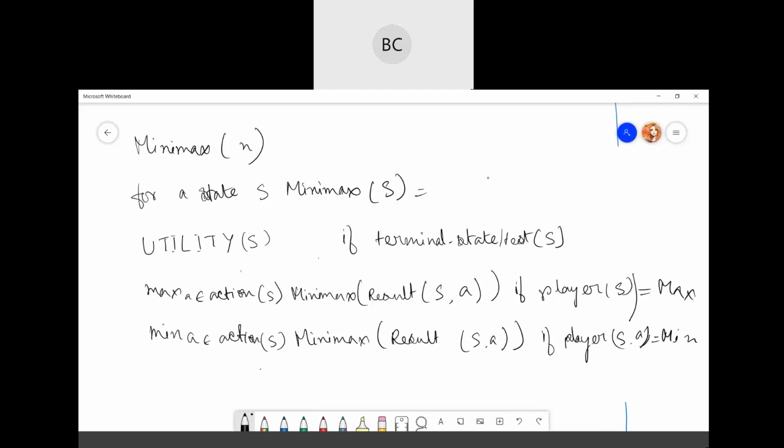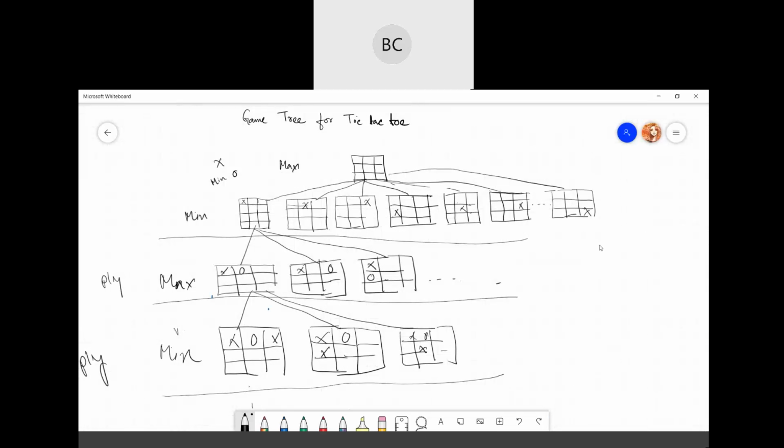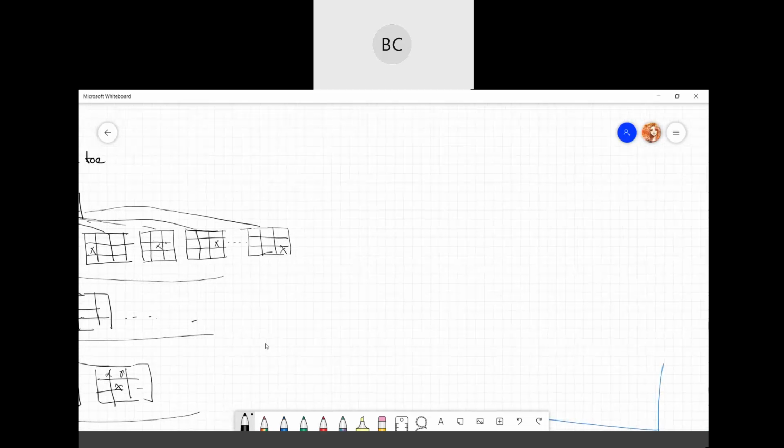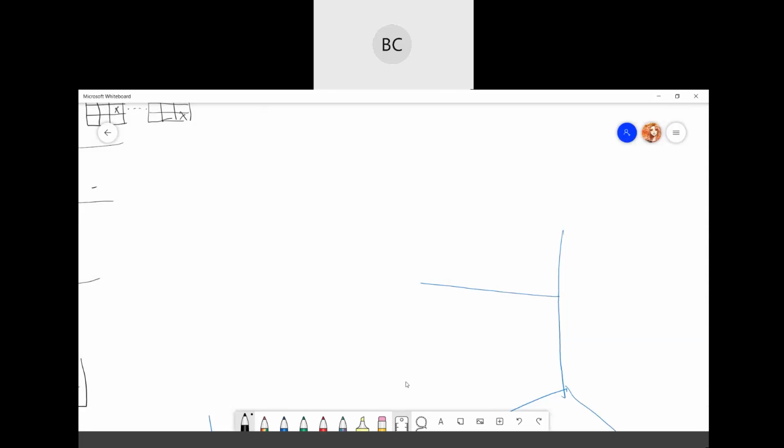These minimax values, the internal values, are calculated with the help of the minimax algorithm. Since it's a very big tree for a normal practical way, I'll just give you an example with a smaller game tree.